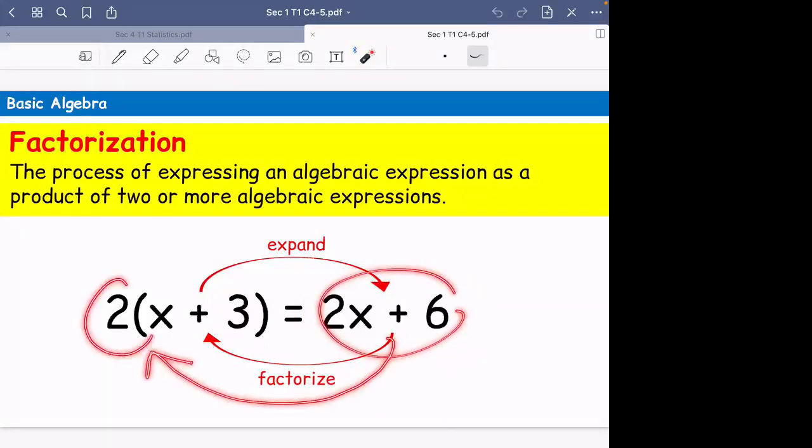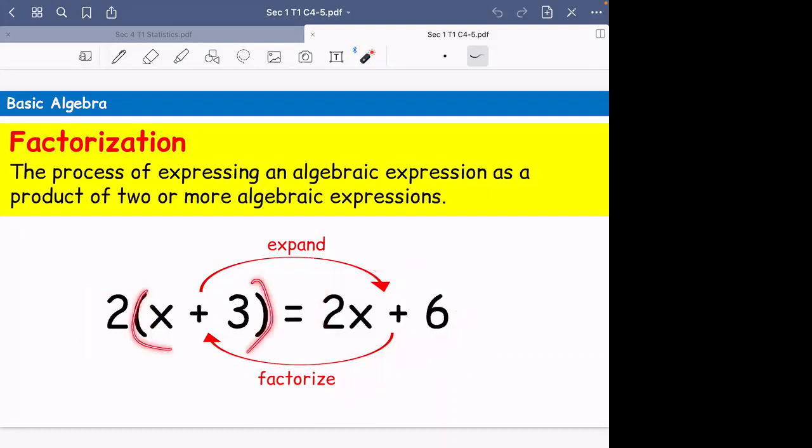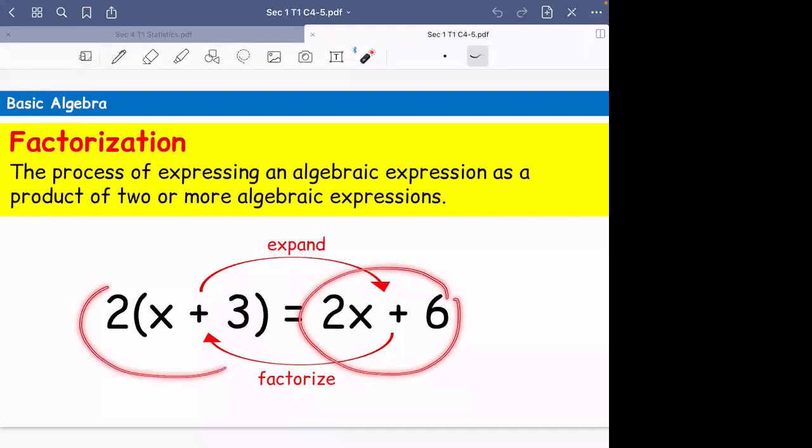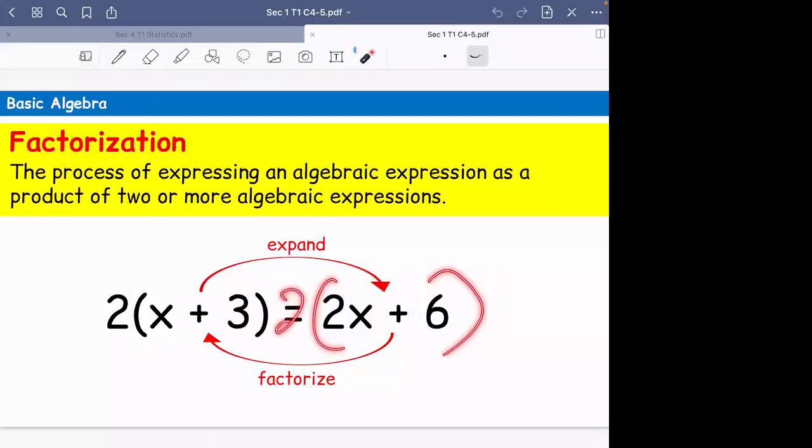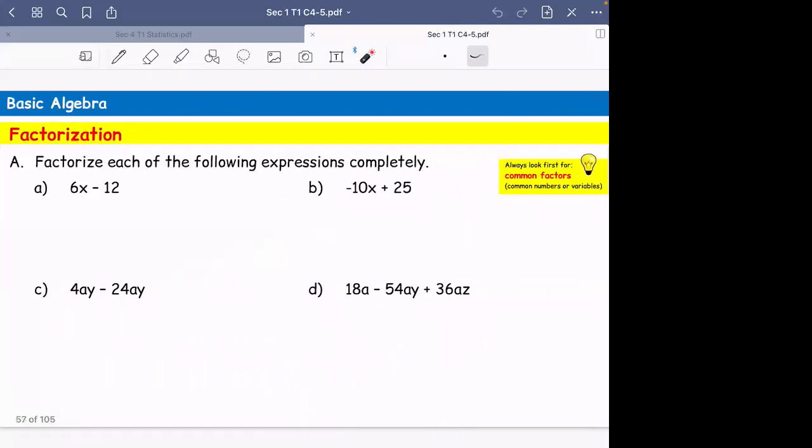Okay, how do we get this 2 and then bracket x plus 3? So how did we get back to 2 times x plus 3? Obviously, look at the numbers. 2 and 6 are divisible by 2. So we can divide 2x and 6 by 2, and that's how we get x plus 3. Anyway, let's have examples on how we factorize